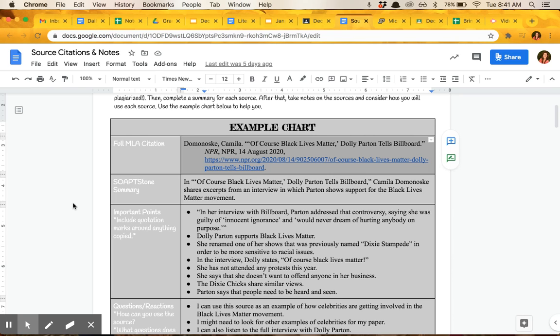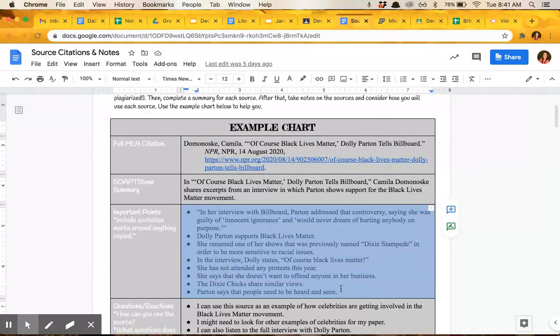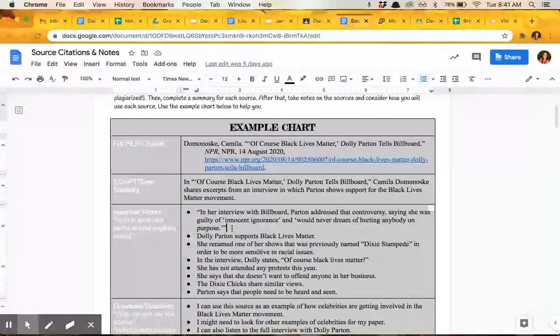So to form your parenthetical citation, what you're going to need to start with is your full MLA citation. Your full MLA citation is going to be on your works cited page at the end of your paper. Your parenthetical citations are going to be after every sentence that you use from this part of the chart. The parenthetical citation is going to go at the end of every bullet point that you have put information from